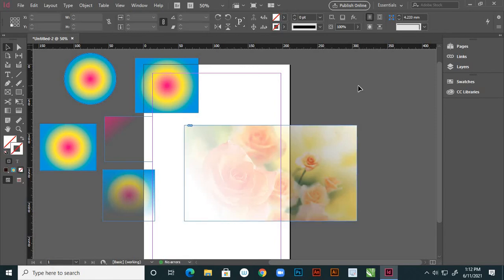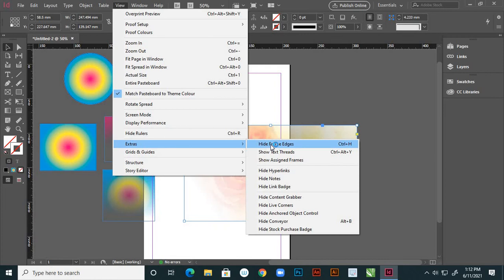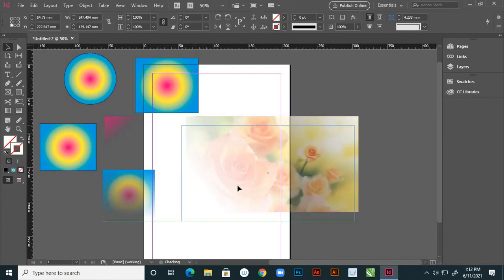I'm removing this outline, but after removing, because you applied already show frame edges, because of the show frame edges application, it is showing frame edges. Now I want to remove that. Again, from view, extras, and hide frame edges, right? Now see, it is beautiful, right?